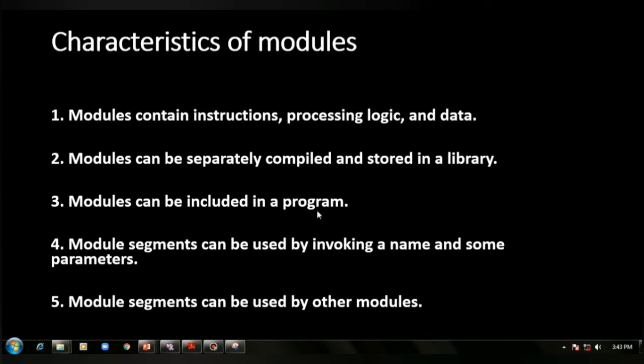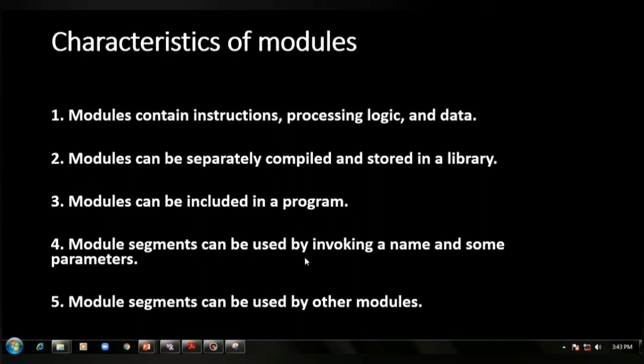Modules can be included in a program. For example, in C++ we include iostream and string.h; these are all known as modules. If you want any module in your source code, you can include that module in a program.